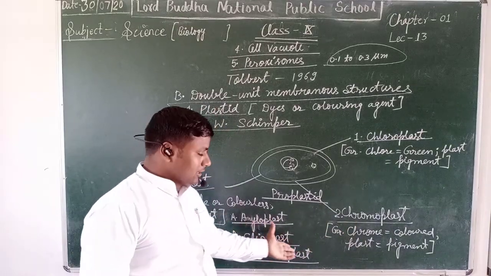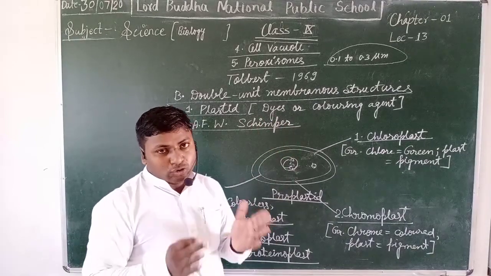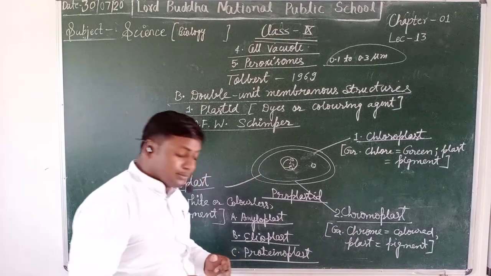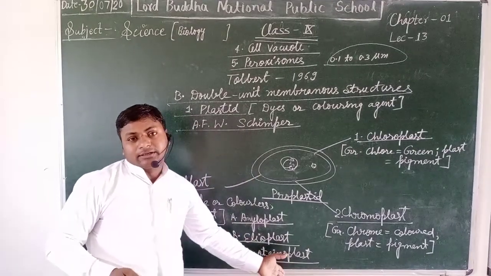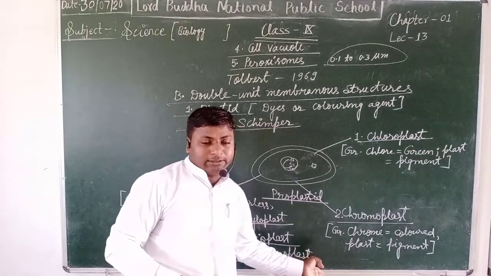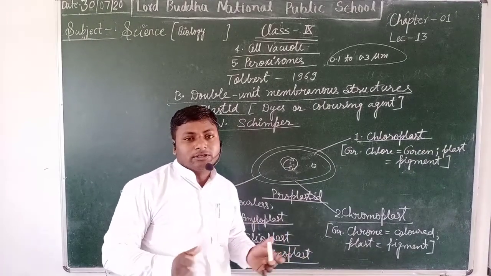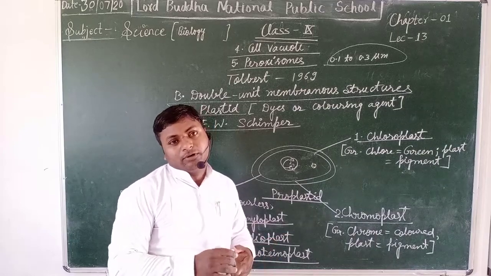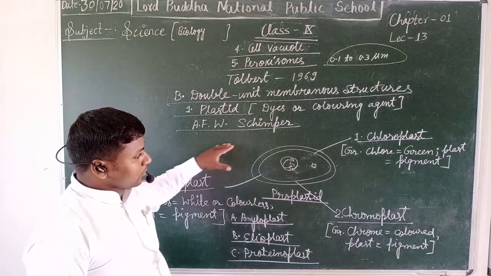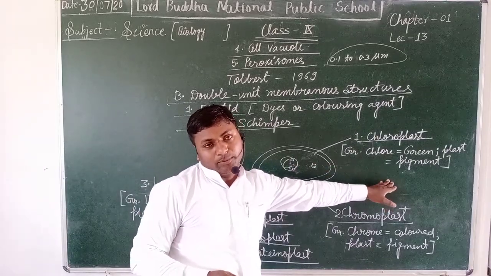The elaioplasts help in storage of lipids or oil-like substances. Next is proteinoplast. As the term very clearly illustrates, these types of leucoplasts are responsible for the storage of protein. We will discuss more about the chloroplast and its diagrammatic representation